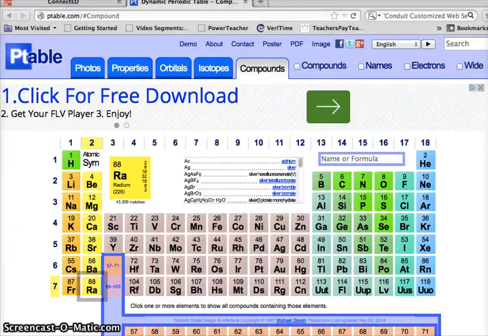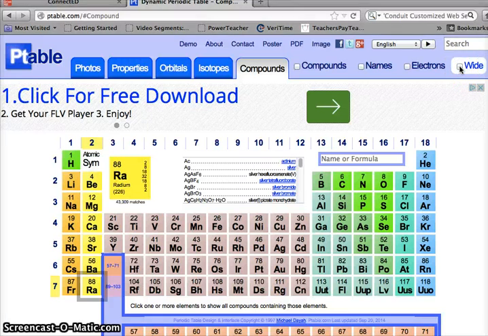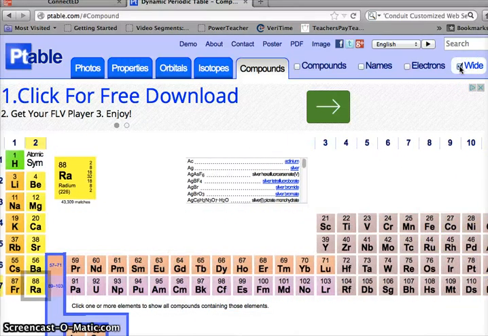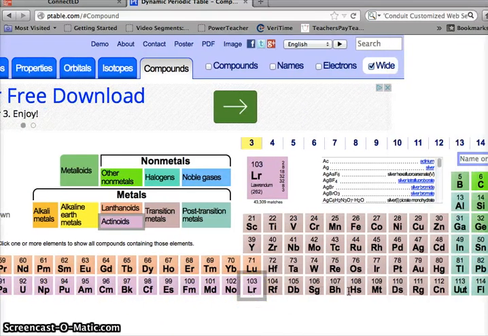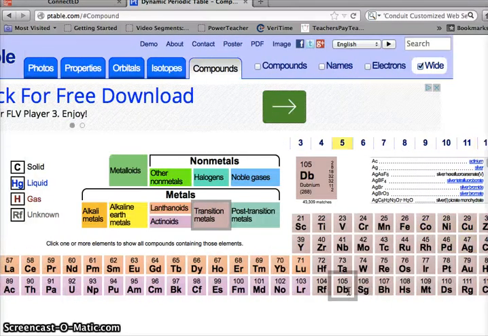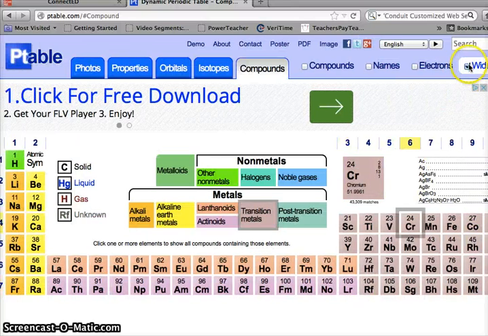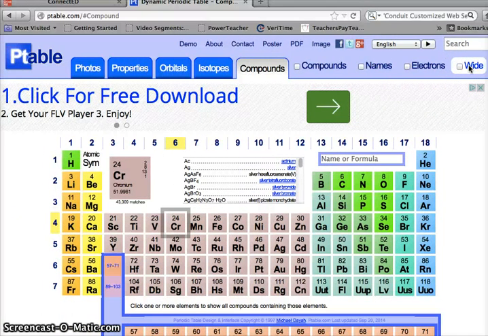Some other ways to manipulate the periodic table is to look up here where we have tabs, beside the tabs, where we have boxes we can click with compounds, names, electrons, and the word wide. If we click wide, you can see that the periodic table expands, and the elements that were previously down at the bottom of the page have been inserted into the periodic table, and it does get a lot wider, and we can unclick the wide, and it puts them back in